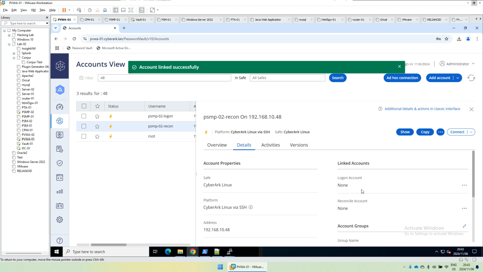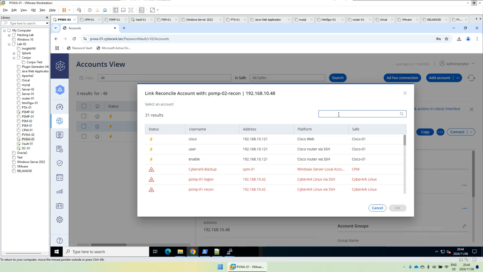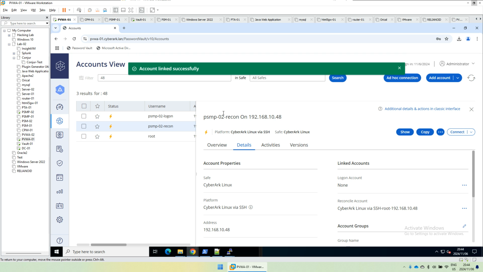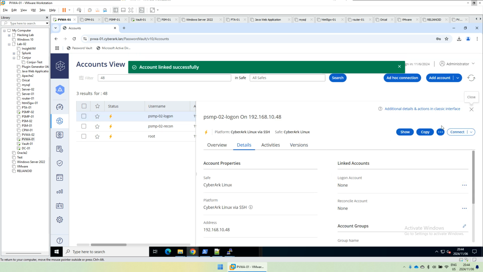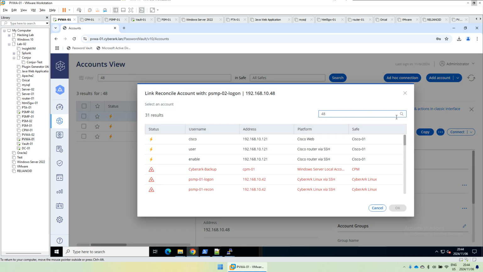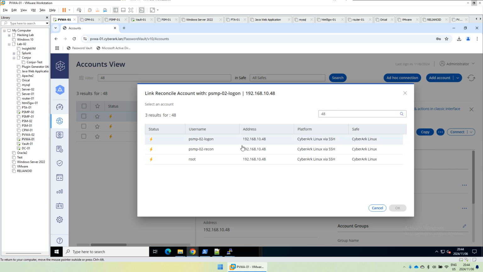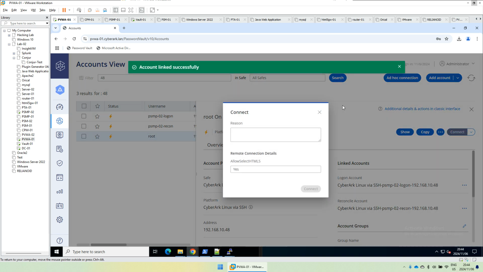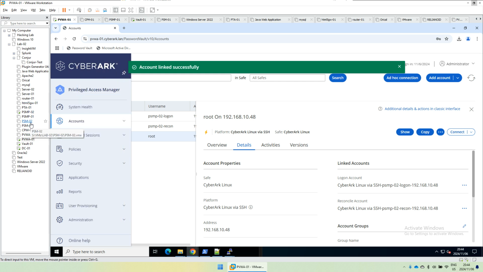and go details, Reconcile account, edit, go 48. Search, set the root account, log on account, the details, reconcile, click link, 48, click OK. Recon accounts, there we go, you can click on that, we can't click connect because our PSM is down, so